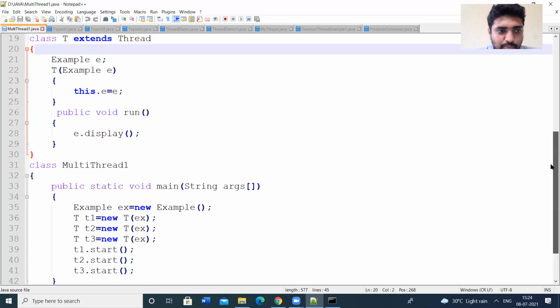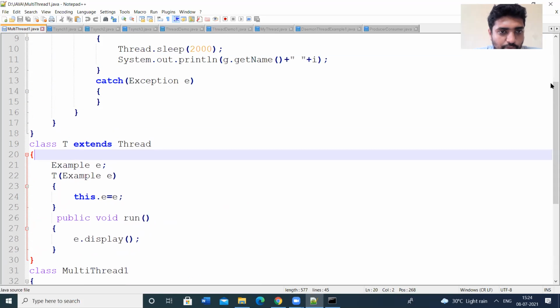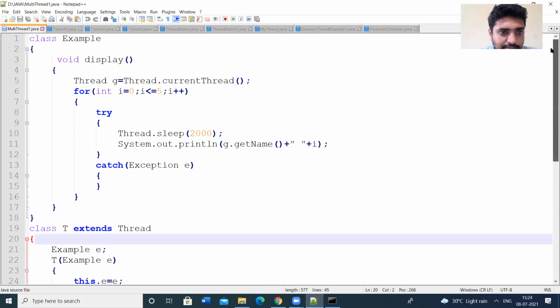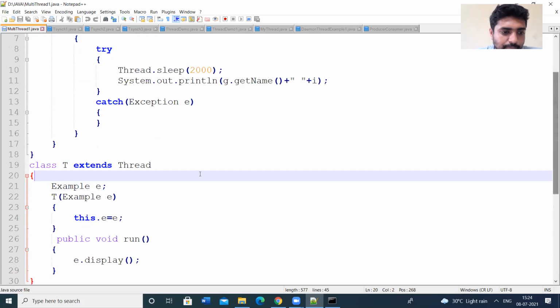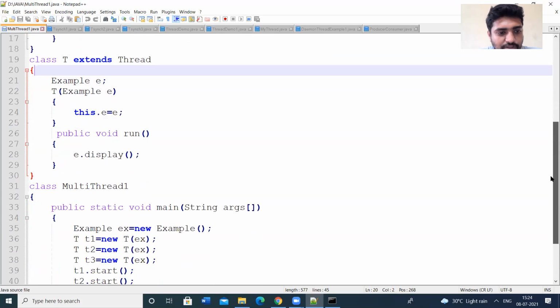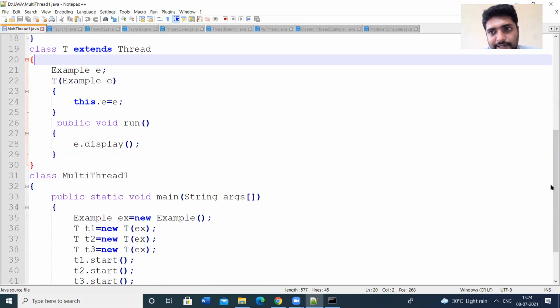See this program. Here we have only one run method. So thread 1 will execute the same run method, and thread 2 will execute the same run method.